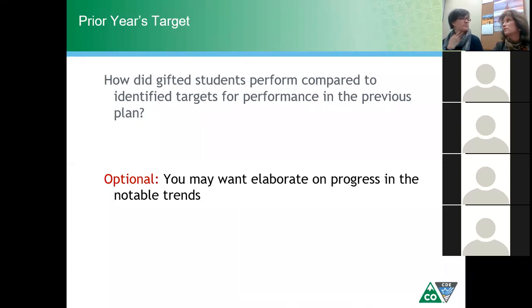And then what about next year's? Next year, as we go along and you identify targets for subsequent years, those will carry forward and be pre-populated in your prior year's targets. So for the first time that you're really explicitly identifying gifted education prior year targets, if you had done an addendum previously or it hadn't been explicit, you have the option to add it. But then moving forward, it will carry forward. Yeah, that's a nice feature of this online service.